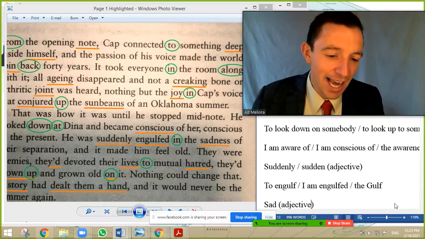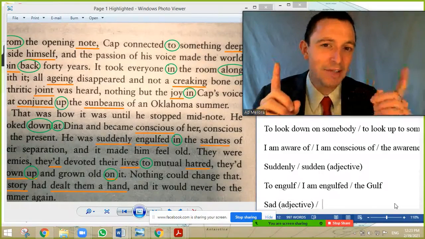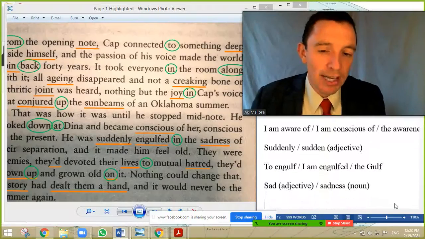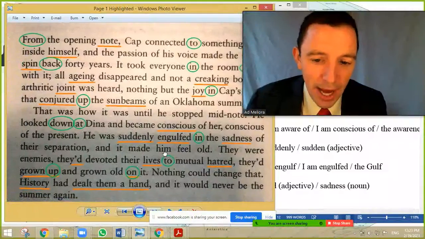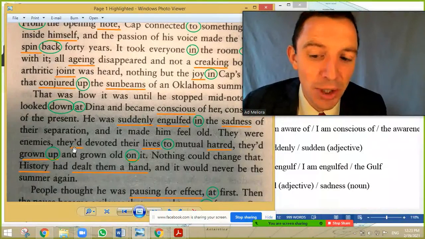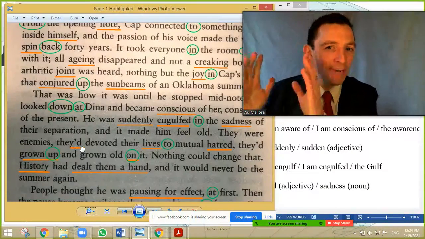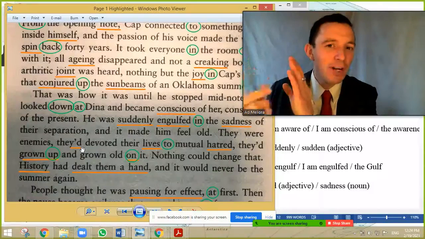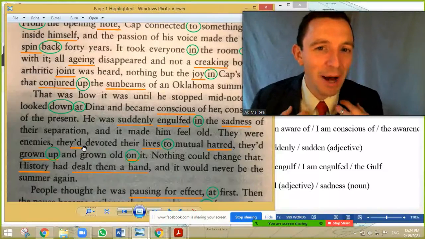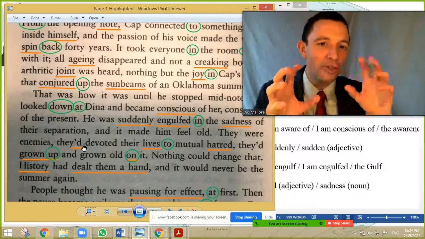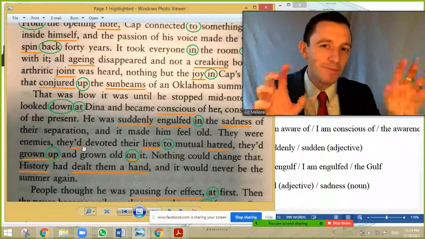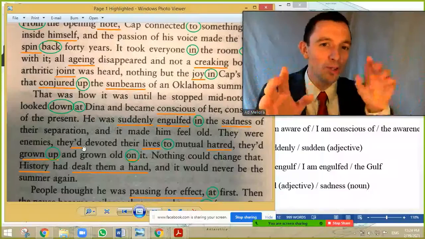Okay, so again, the importance of the difference between adjective and substantive, in my opinion, is so important with everything, with every word in English. Okay, and here they had, so it's possible the contraction, they is the subject, had devoted is the past perfect. You remember the past perfect, usually before another action in the past simple. And the preposition typical with devoted is to. I am devoted to you, I am devoted to my football, I am devoted to my food. It's devoted to. Typical preposition, devoted to. You are devoted to something.